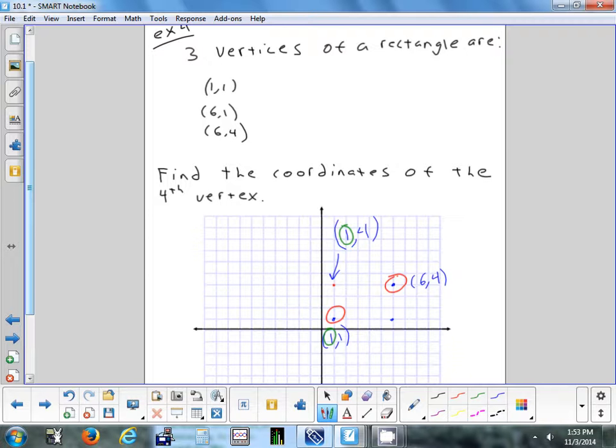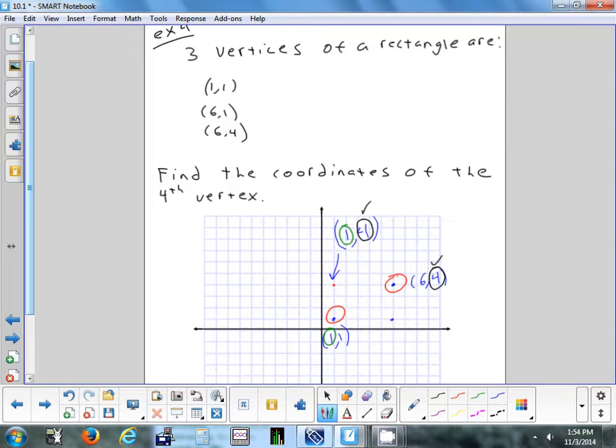Okay? Now let's look at this coordinate. We went up 4. We went up 4 for both of those points. Because on the top side of a rectangle, the 2 points have to line up horizontally. What does that mean if they line up horizontally? They're at the same height. Their y values are exactly the same. It's their x's